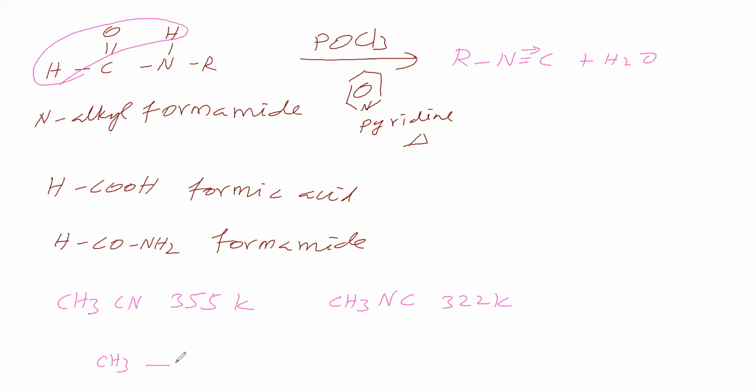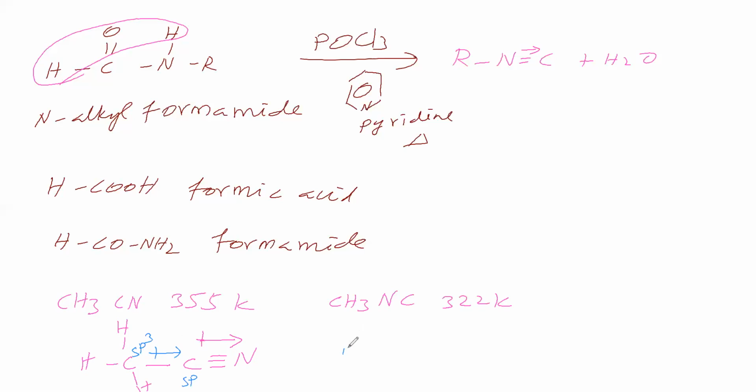Now we write CH3CN. Considering electronegativity, the dipole moment is like this. This carbon is sp, and the CH3 carbon is sp3. The sp carbon has higher electronegativity compared to the sp3 carbon, therefore the bond dipole moment is like this. Therefore the net dipole moment is added up from these two.